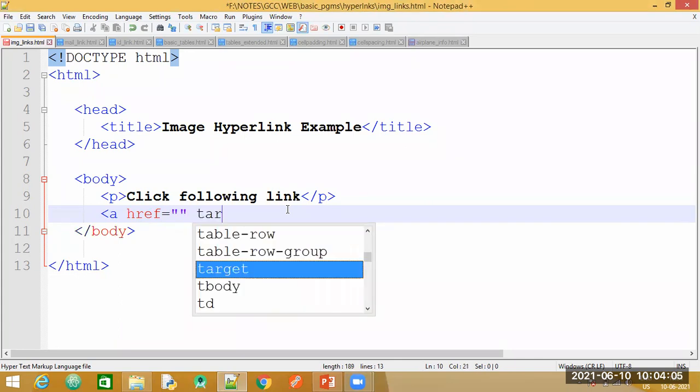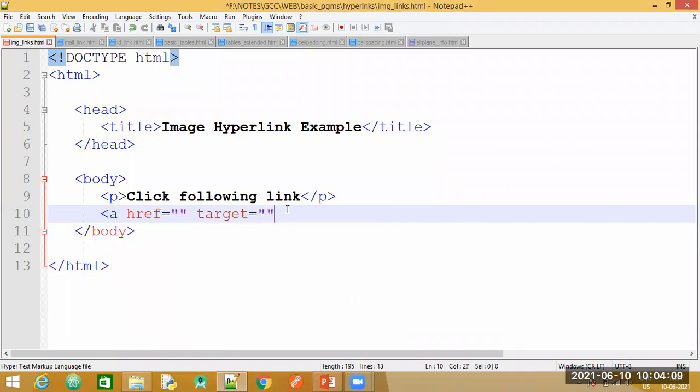Let me also specify the property target, and this time I'll open it within the same page. So I'm going to make use of its value underscore self, not hyphen, underscore self, and we are going to close this tag. Next thing is, let me also close this hyperlink tag.